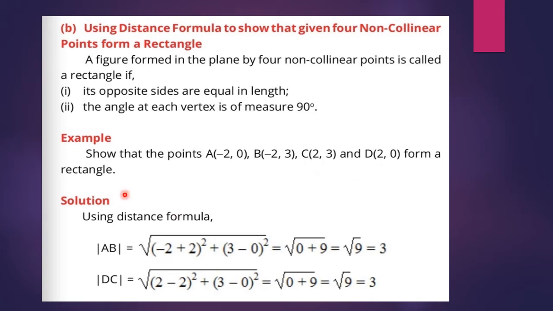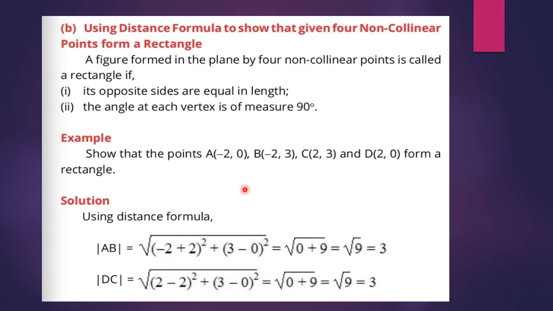So what we are going to find out? We are going to find out the lengths of the sides first. And let's see what happens. Lengths of side AB, BC, CD and DA. By using distance formula, length of the side AB is equal to 3. And by using the same formula, the length of the side CD, by x2 minus x1 whole square plus y2 minus y1 whole square under the root, this length is also of measure 3. So we have come to know that AB is equal to CD.